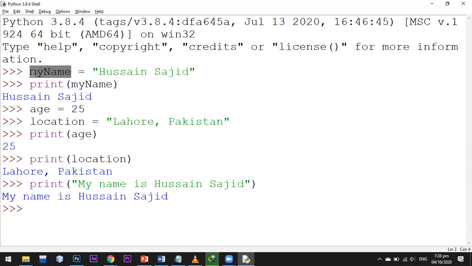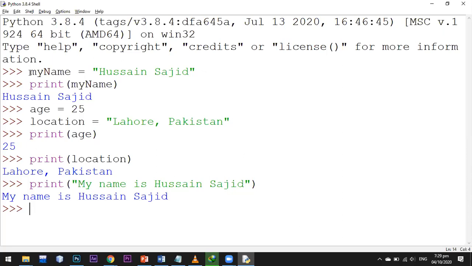Whenever you create a variable, its value is stored on the right side of the equal sign. Whatever is on the right side is the value, and whatever is on the left side is the variable name. And what is a variable? Variables are reserved memory spaces that store different values and hold different kinds of data, so that we can use them later in different scenarios. So the next thing is data types.